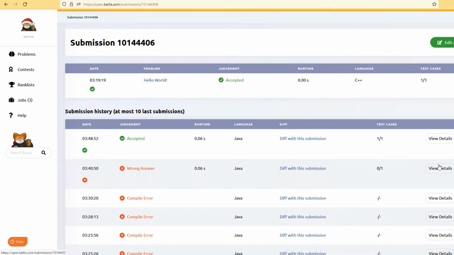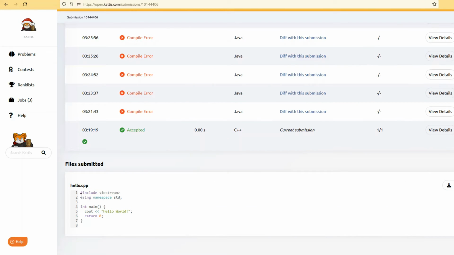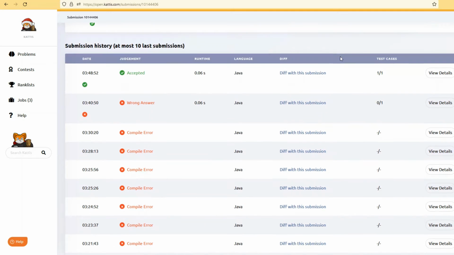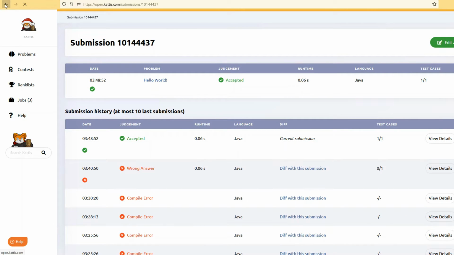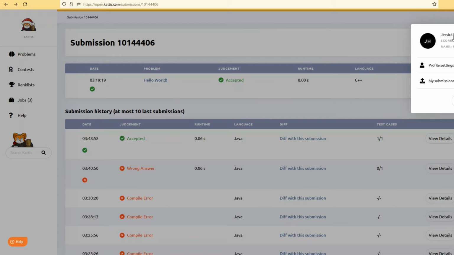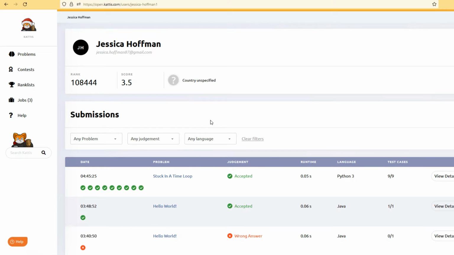So as you can see, the first challenge is Hello World. That's the first program you'll make in any programming language. I've already done this in Python and C++ here. And then Java, you can see I had a bunch of compile errors, and it's because I was having trouble figuring out how to name the main class. So in Kattis, it has to be the same as the public class. So here, the file name hello.java has to match the public class hello, and then you'll see when I go to actually do the next challenge, you have to name the main class. So finally I got it right. So that was just the first one,